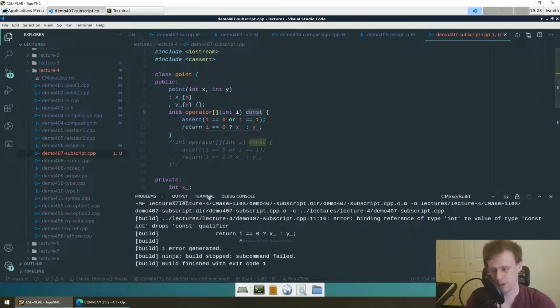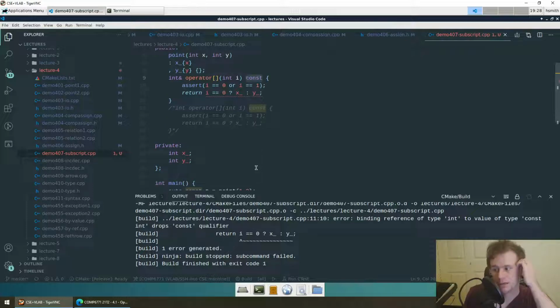407. I think this works from memory. No, it doesn't. Great. Well, I was hoping it didn't work. So now this is problematic because the compiler now is kind of like,